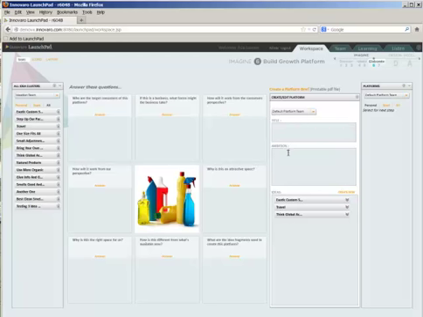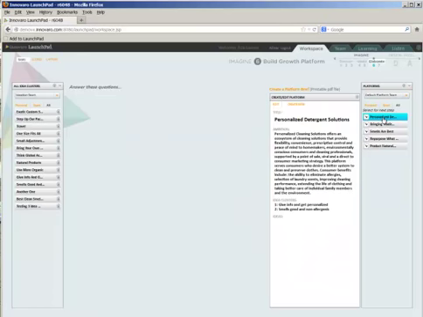That's how you create them. And then you give them a title and an ambition, and then you answer all these questions about them. And you can have as many business platforms as you want. Now I'm going to erase these because these are the ones just to show you how you do that. But let me show you the business platforms that were put together out of the idea clusters we had, and there were about 4 or 5 that we came up with, and the first one's personalized detergent. So let's take a look at that.